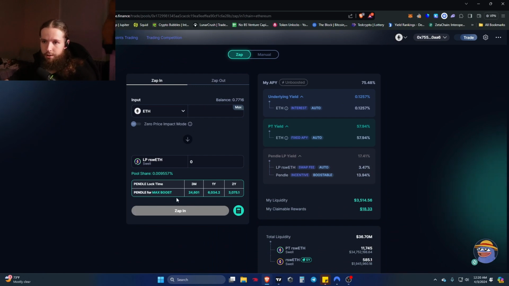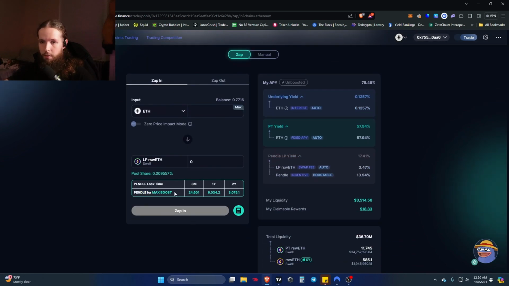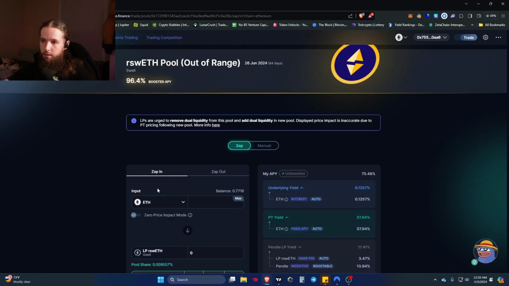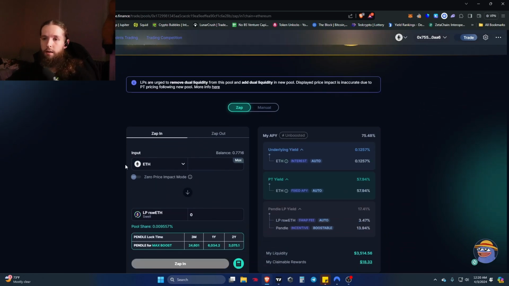Now, to understand how much Pendle you would need to lock to earn the boosted APY here, if you see here, Pendle for max boost, 3 months, 24,000 Pendle, 2 years, 3,075 Pendle. So it's different for every pool, but I just figured I would show that to you in case you're looking to utilize that feature. I personally do not, but let me just explain to you how you can get into